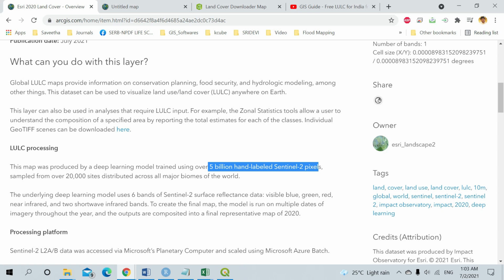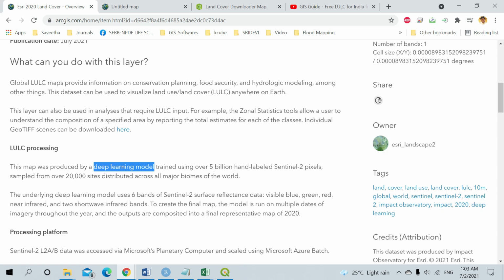They used a deep learning model, a sort of artificial intelligence model. They provided these training data sets as input, the deep learning model is executed, and based on that we have derived this output.